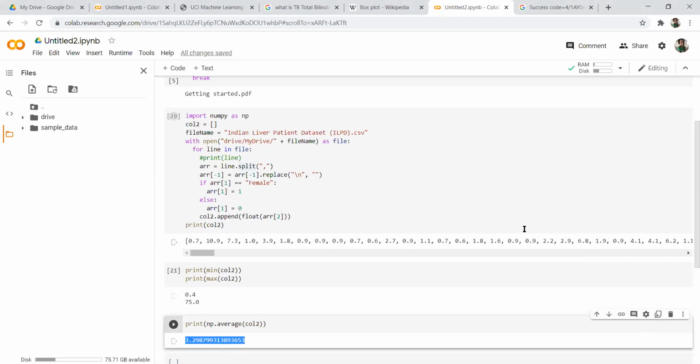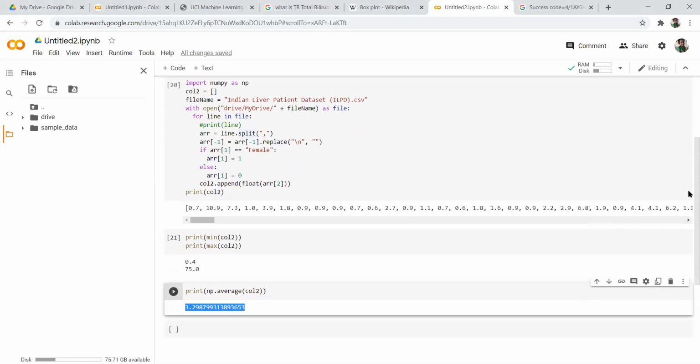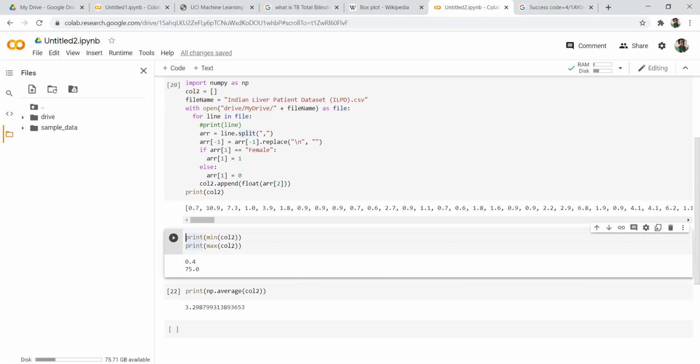Means there are some outliers, and those outliers are extremely far outside the range, and those need to be removed. So this is a simple thing of how we can check. We can read the file, and now we can use simple functions.